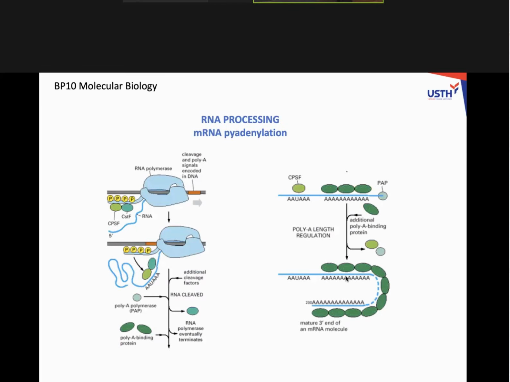Okay, so the whole poly-A tail is completely coated by a protein that has a very high affinity with poly-A